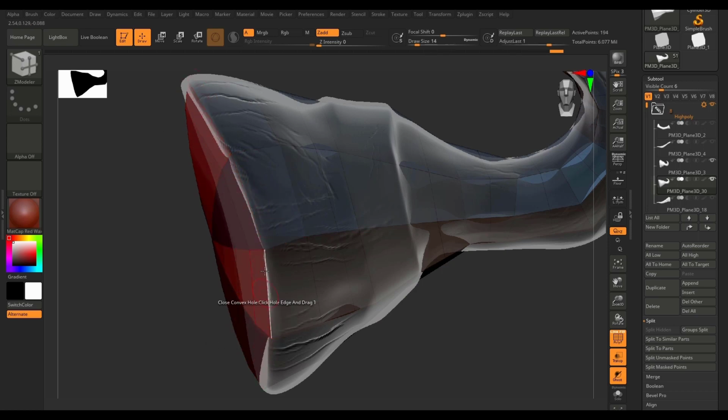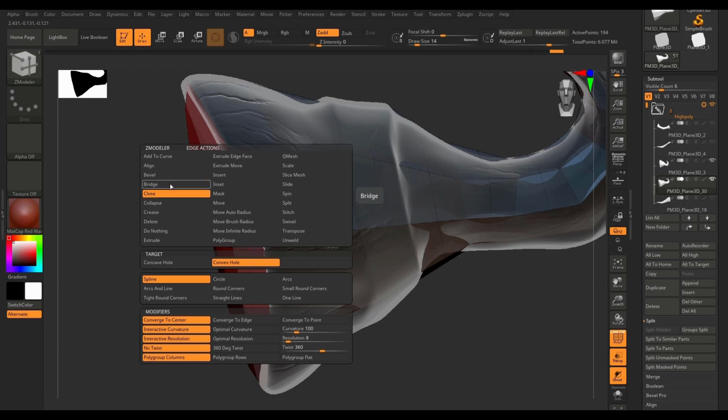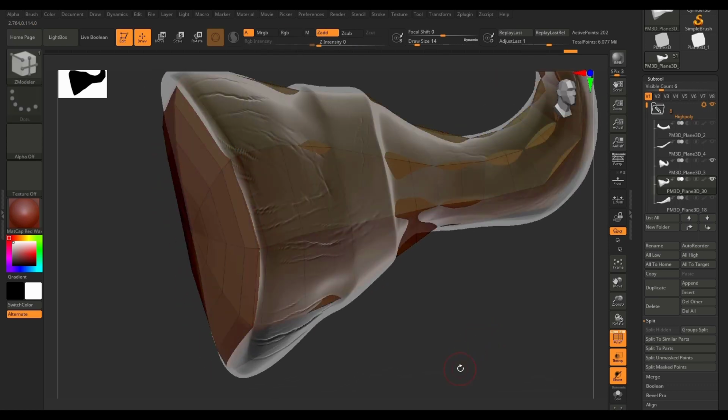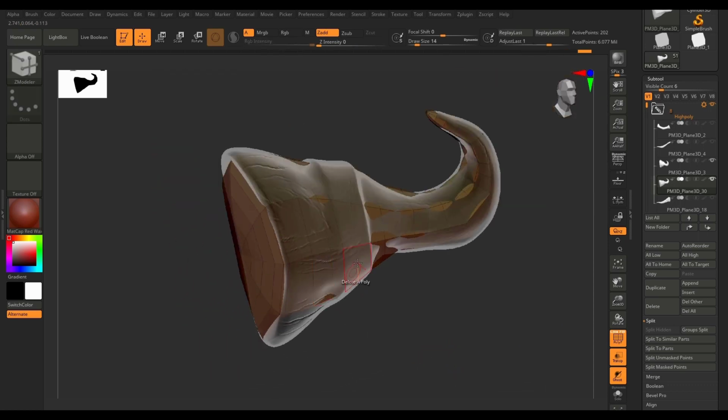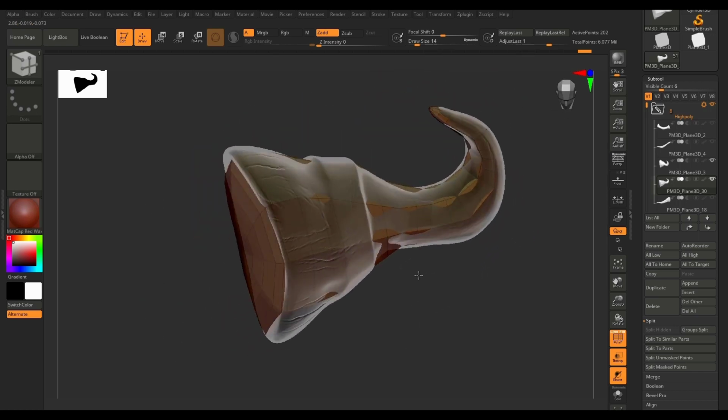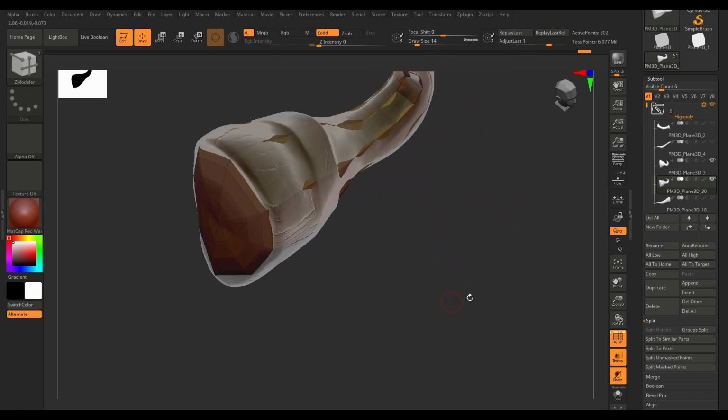Also, this edge loop needs to be a little bit beveled. All right. Control W to make it a continue or single polygroup. Then